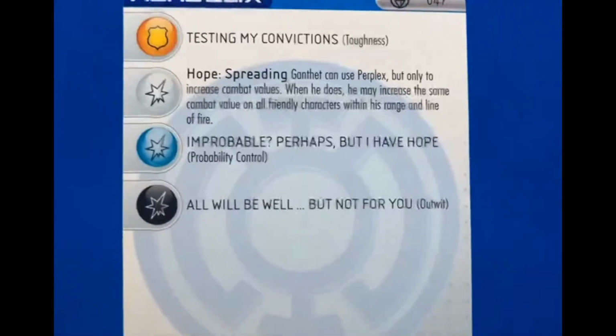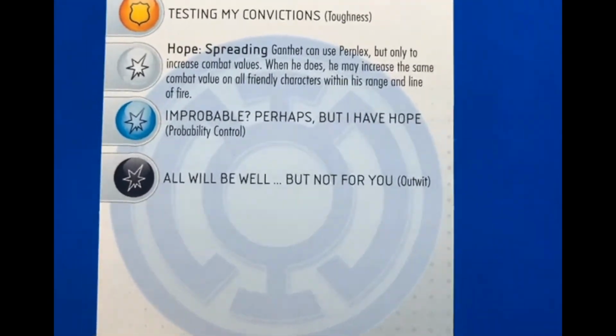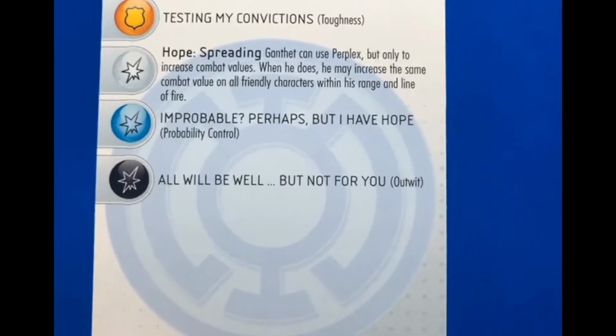Rough. With Quintessence, which is the equivalent of Power Cosmic, just kind of removing action tokens. Hope Spreading: Ganthet can use Perplex, but only to increase combat values. When he does, you may increase the same combat value on all friendly characters within his range and line of fire. Wow. Again, I just...